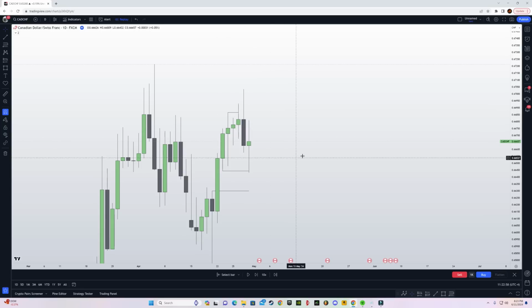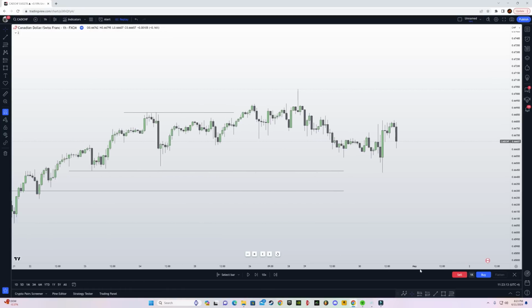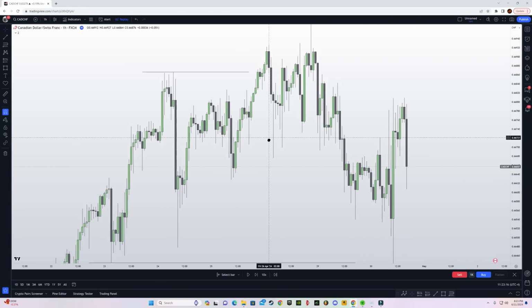CAD CHF on the daily, we took out external range liquidity, and on the daily time frame we had internal. So we go from ERL to IRL. So let's see what happened when price took out the ERL. If I go to the 1 hour time frame from here, you can see that